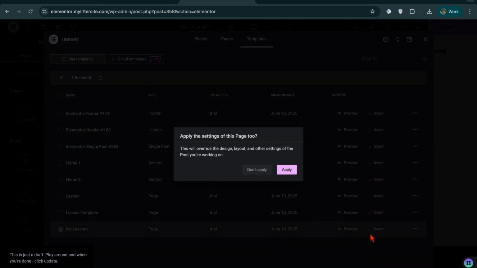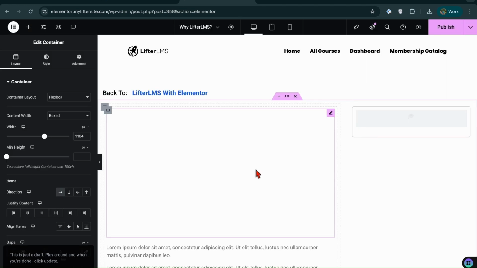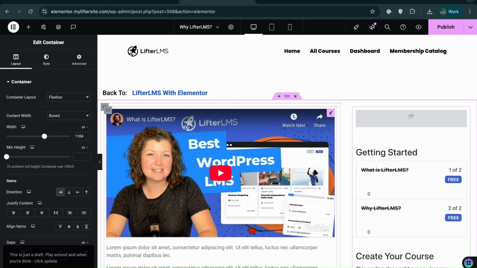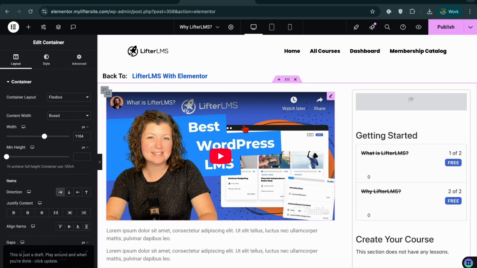So insert, and make sure you have added don't apply, because if you added apply, you won't be able to modify the content. So if I click on don't apply, I'll be able to modify each content for my new lessons. Because if we use the same template, our course content, our lesson content will be different. So now I can change the video,